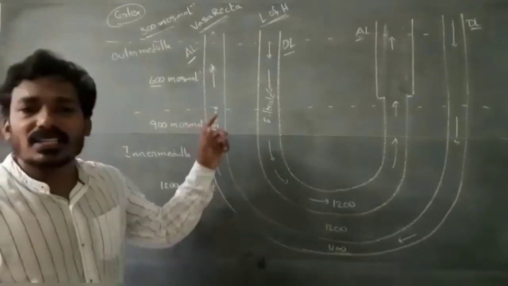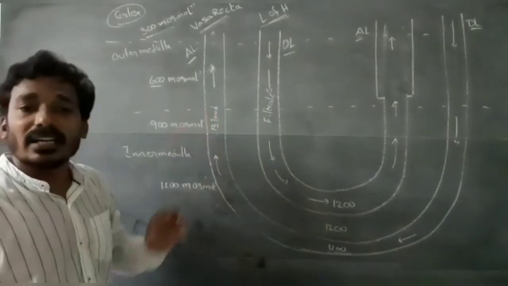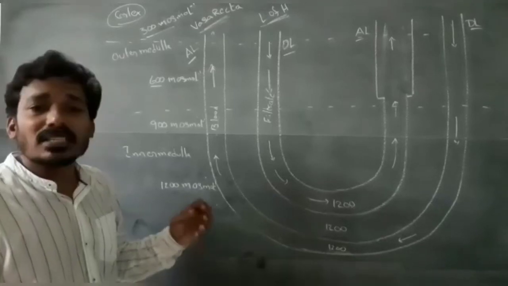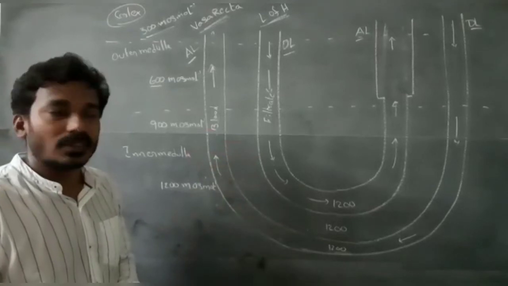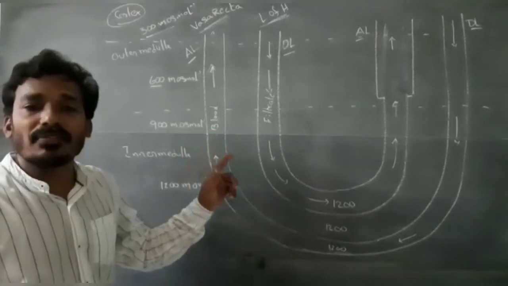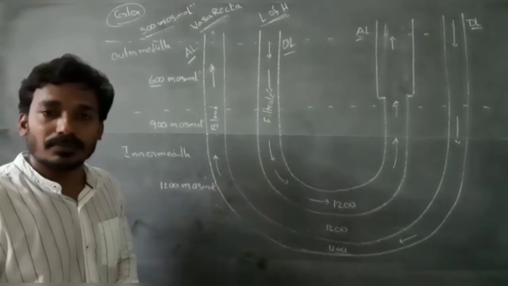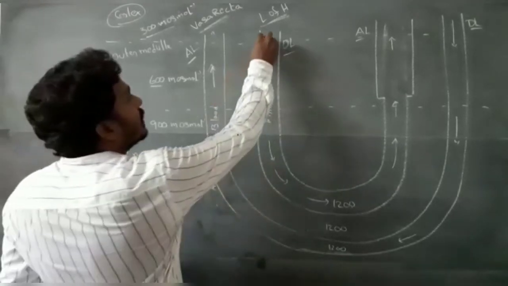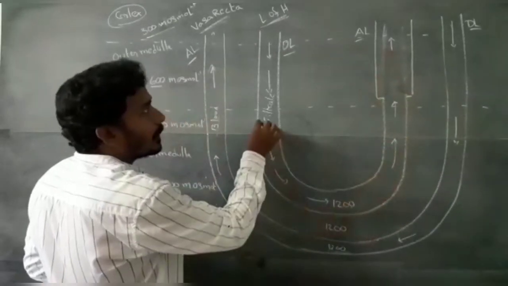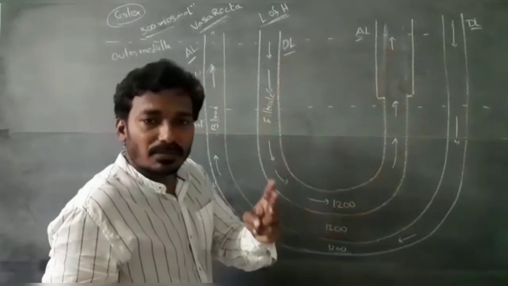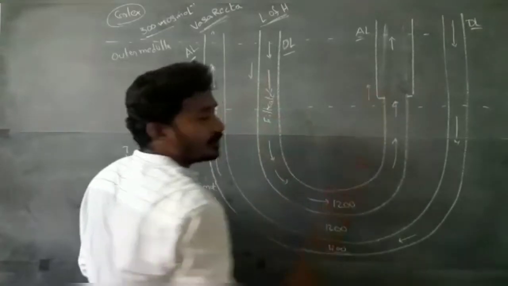Next, the mechanism of concentrated urine, or the counter current mechanism. Mammals have the ability to produce concentrated urine. The vasa recta and the loop of Henle play an important role in the formation of concentrated urine. This is the loop of Henle, a hairpin-like structure. The loop of Henle has two limbs. This is the descending limb. This is the ascending limb.